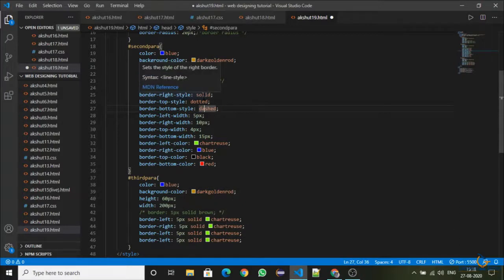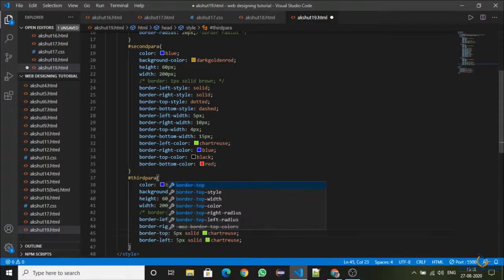Right was solid. It was 10 pixel and the color was blue. So I will just format it once. I will change it to 4 pixel, it was dotted, and it was black.